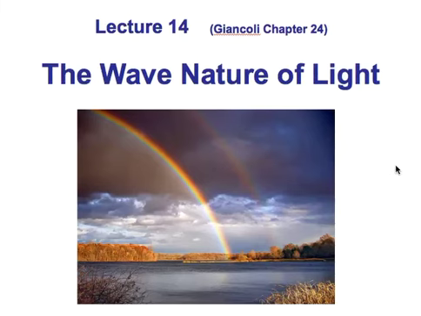This is lecture 14 on the wave nature of light. In the picture we see a rainbow, and we see that light of different colours appears to come from different positions in the sky. Of course, the light is all coming from directly behind the viewer, coming from the sun. And as we'll see in this lecture, as the light passes through raindrops in the sky, its path is bent by different amounts. We've dealt with this phenomenon when we looked at Snell's law in a previous lecture, but here